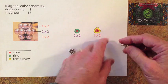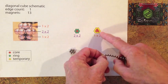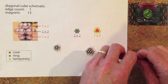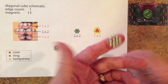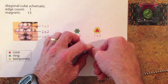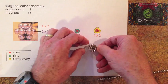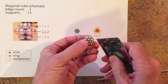Then we need a 1x2 triangle, shown in red. And then we wind an additional layer around that triangle of temporary magnets to look like that. We need 2 of those. And then we just sandwich them together, with the second 1x2 triangle offset from the first. Like that. So you get a sandwich, and now we just cut off the extra magnets, those yellow ones around the outside of the